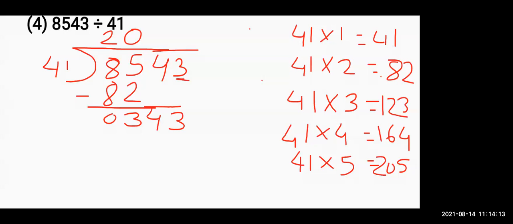Listen one more time. Now in the 41 table, 34 is not coming. So if any sums come like that, then you are going to take the other number, that is 3 which we brought down. Then we have to put 0 in the quotient. So now 343. Now we have to check whether 343 is coming in the 41 table or not. Clear? But here we have done only till 41 fives. Now we'll do 41 sixes also.